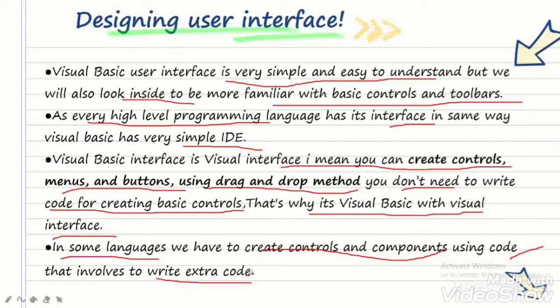So let's discuss an example in HTML. For example, in HTML, we write code to show an input box in our web page. In the same way, we code every component we want to show in our page. But in VB, we just drag a control and put it on our form. Not only placing the component, we also set their properties staying in the visual interface.